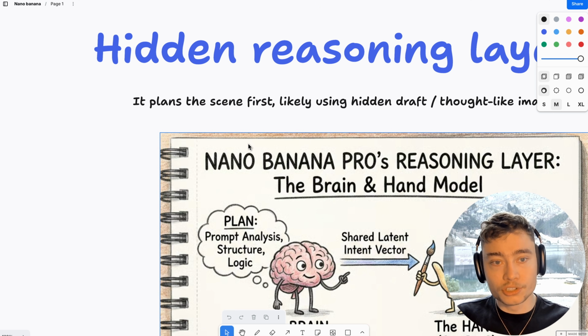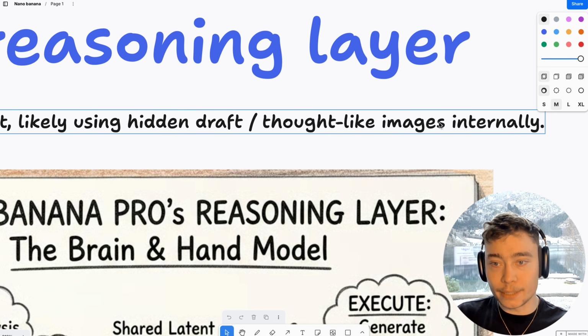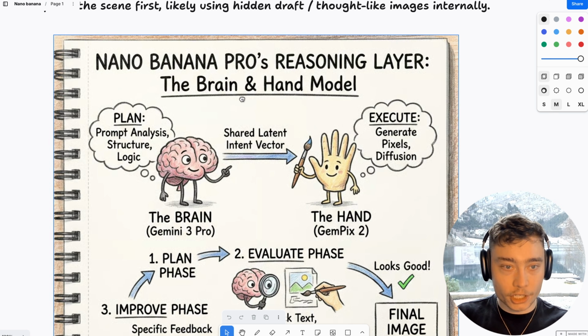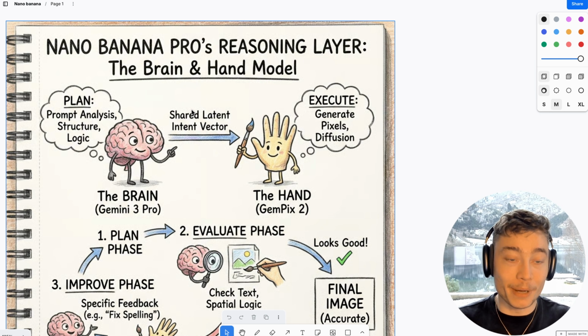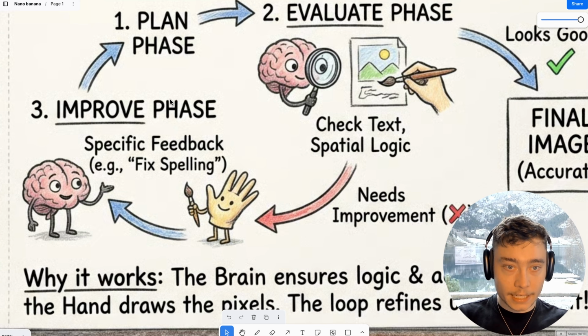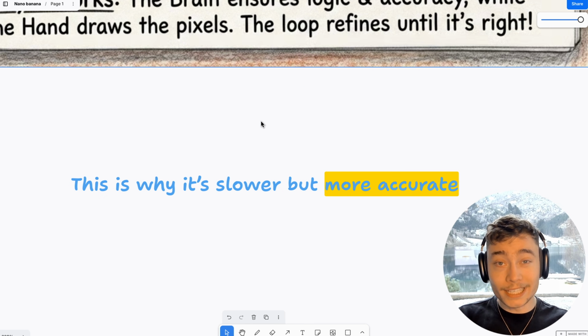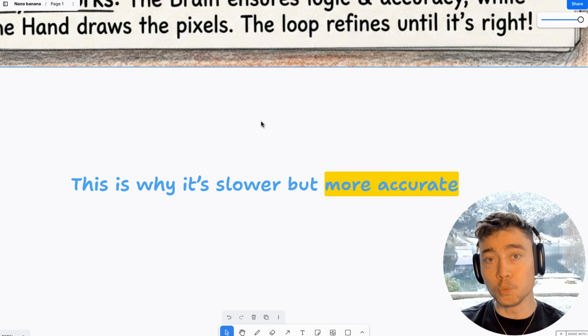Unlike other models, Nano Banana Pro plans the scene first, likely using a hidden draft or thought-like images internally. Here is a nice visual explanation of how that works, again generated by Nano Banana Pro. This is really the secret sauce behind it. It has this three-phase loop inside of it. And by the way, this is why Nano Banana Pro is slower than other image models, but way more accurate